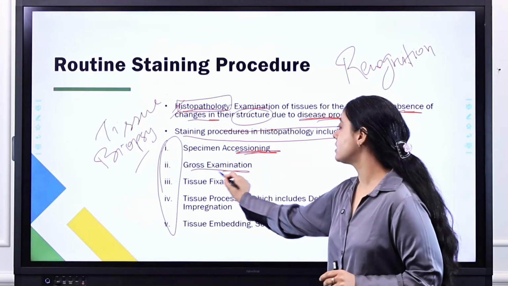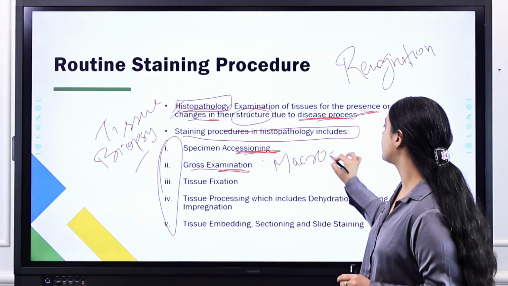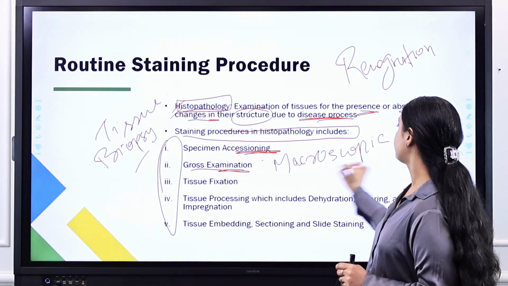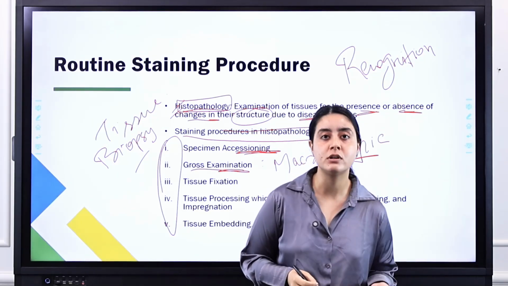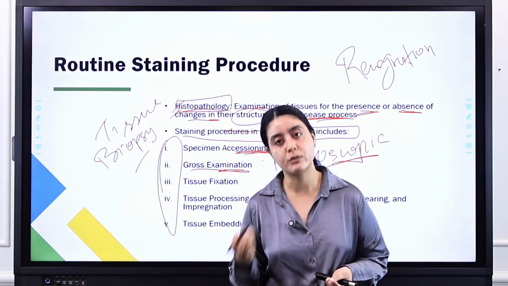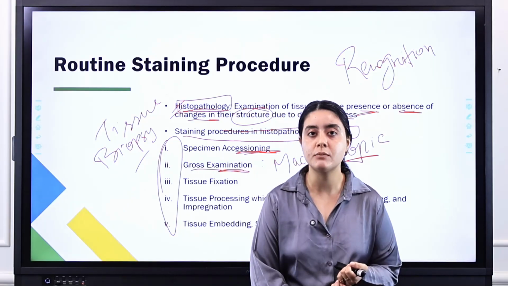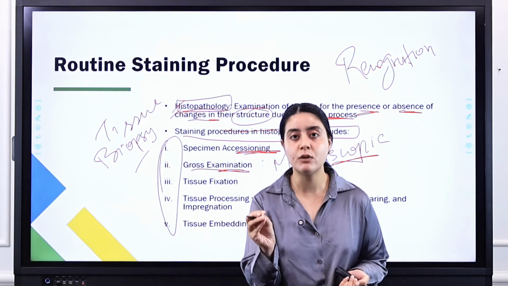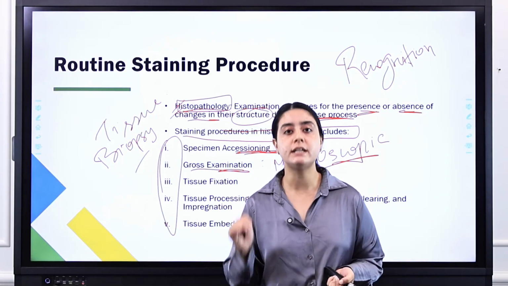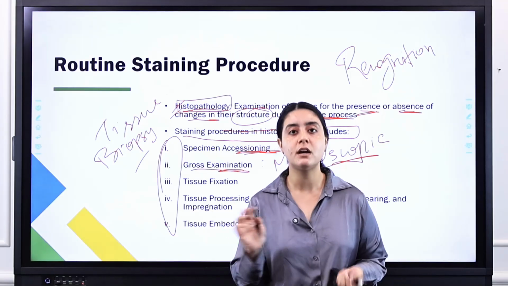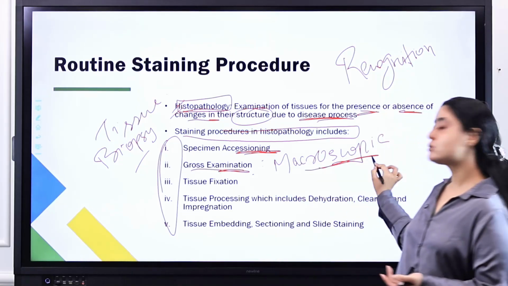There is a gross examination. What is gross examination? You can also say a macroscopic examination. See, when we receive any sample in any laboratory, either hematology, histopathology, or microbiology, we do two types of examination. First, we perform macroscopic examination, which you can see with your naked eyes without a microscope, and then we proceed to the microscopic examination to check the further structural details which we cannot see with our naked eyes. So you do the gross examination or macroscopic examination.